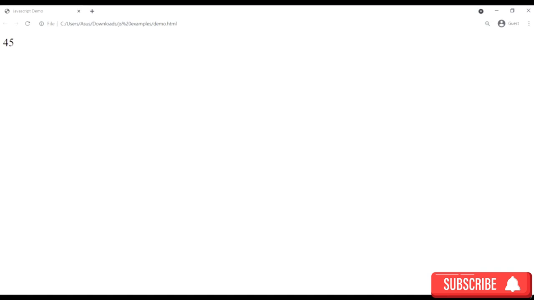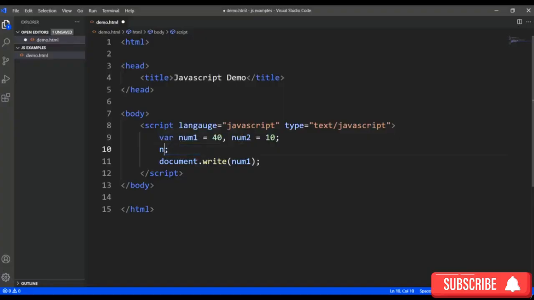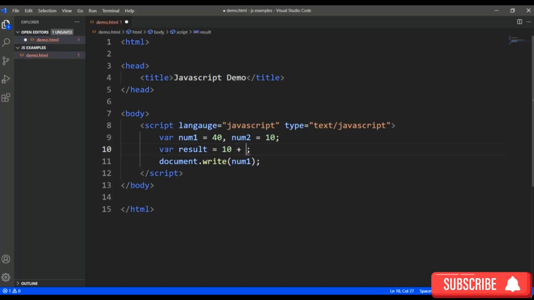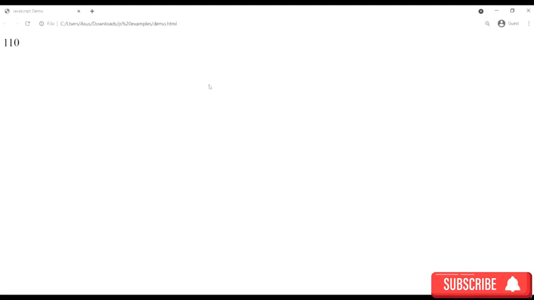Now let's talk about the operator precedence. For that, I'll take one more variable called result, and now what we'll do is 10 plus 5 into 20. So now when I print the value of result, since the multiplication precedence is higher than the plus, first of all 5 will get multiplied by 20, which will give you 100, and then this 100 would be added to the 10, which will give you 110 in